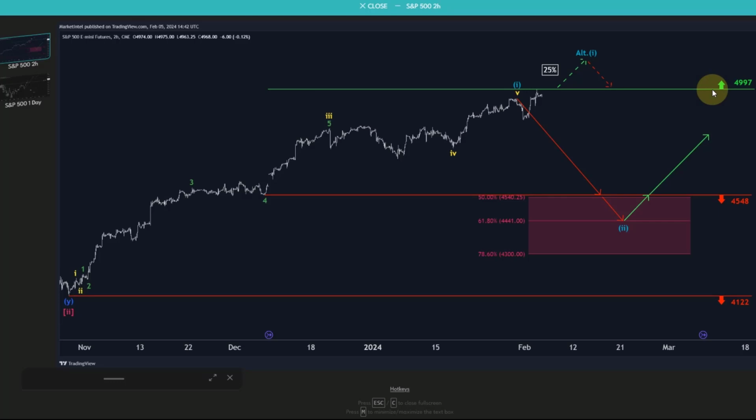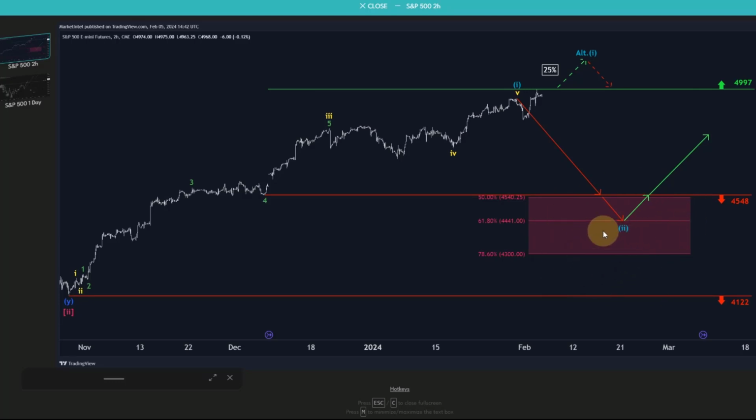However, I have to say that in our primary scenario, a top is likely in this wave 1. We assign it a 75% probability that wave 2 either has started already or is just about to start. And in our primary scenario, we see the price decline or start to decline very shortly into the region between 4,540 and 4,300. This would be a trading area that could be used by traders to add long positions. You could use that area to look for long positions.